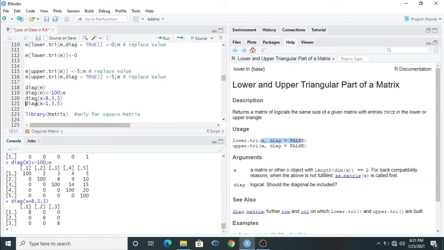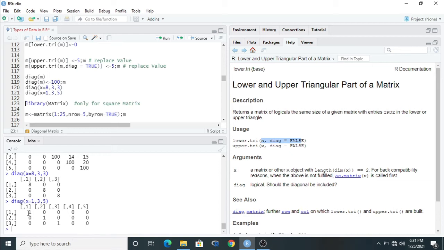Clear? Next, diag equal to 1. Then we can run this and you also find the same thing. The diagonal elements are 1 and the rest of the elements are 0. Although this is not a scalar matrix, the diagonal element will be like this. Clear? Then how can we find these things? Just use the same procedure, diag.